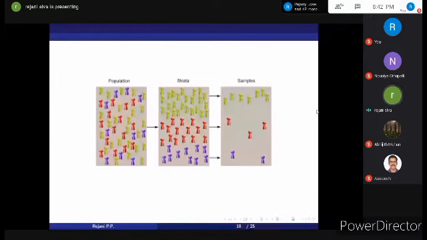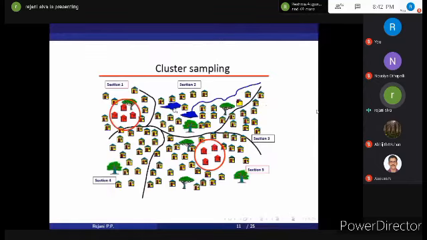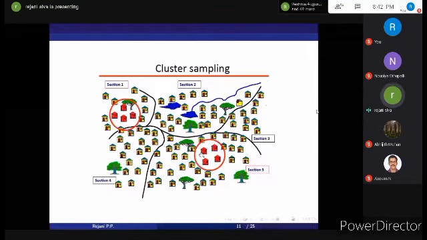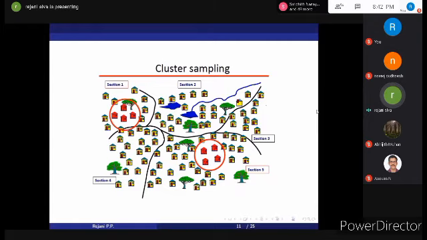The next one is cluster random sampling. Here, cluster random sampling is also known as area sampling. It is used in wide surveys. Immunization surveys are an important example. The entire population group, or the complete geographical area, will be converted into clusters, and some of the clusters will be selected for data collection.